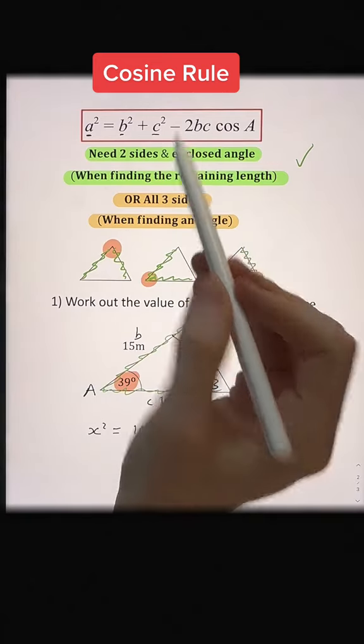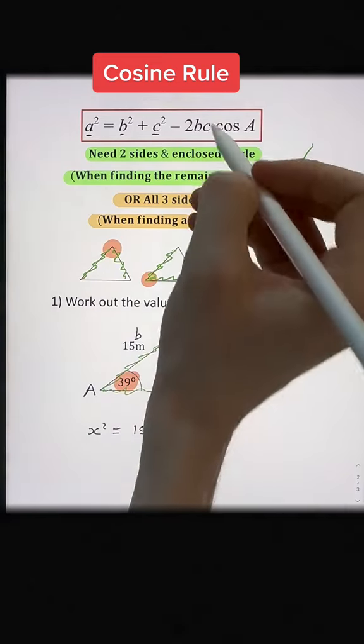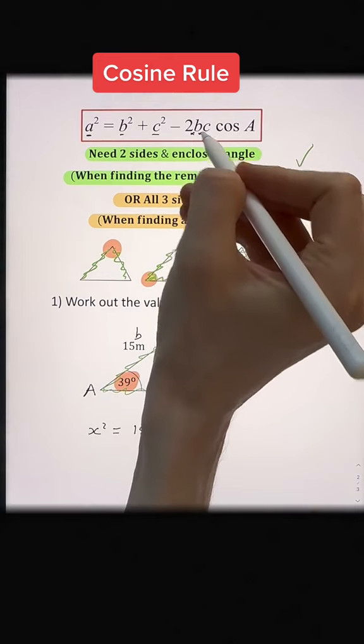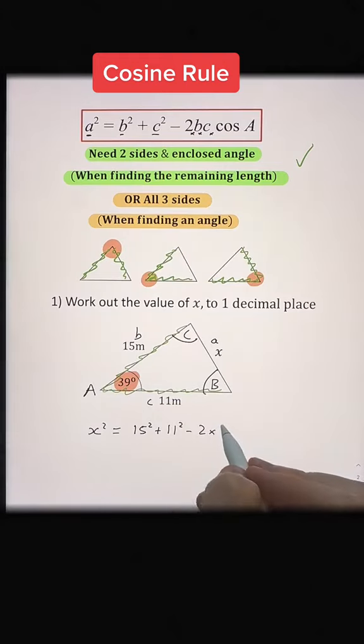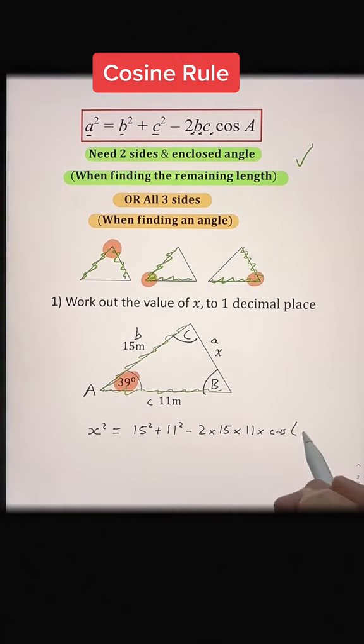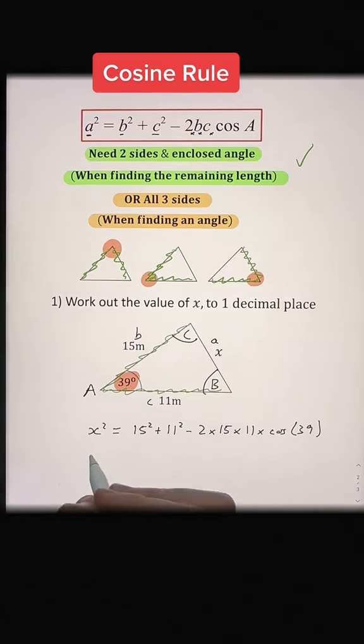Here in the cosine formula, I now have minus 2bc cos A. In between the letters, we know the operation is to multiply. So I'm going to have minus 2 multiplied by b, for me 15, multiplied by c, for me 11, multiplied by cos of the enclosed angle, in this case cos of 39. Leaving the x squared alone on the left-hand side of my equation, I can now substitute everything on the right-hand side straight into my calculator, and that will give us